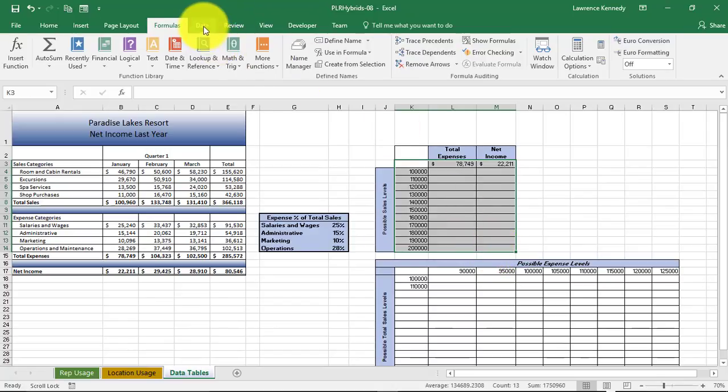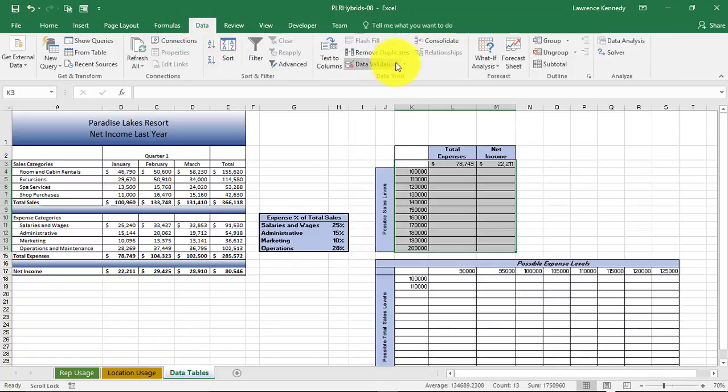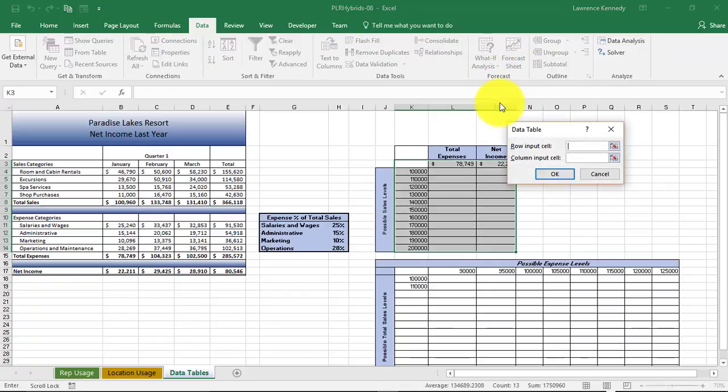And then from the ribbon, select the data tab. On the forecast, select what if analysis, select data table. And here I'm going to replace the input value for my column. So my input value for the column will be B as in boy, 8. There's the input value to replace. And once I select OK,